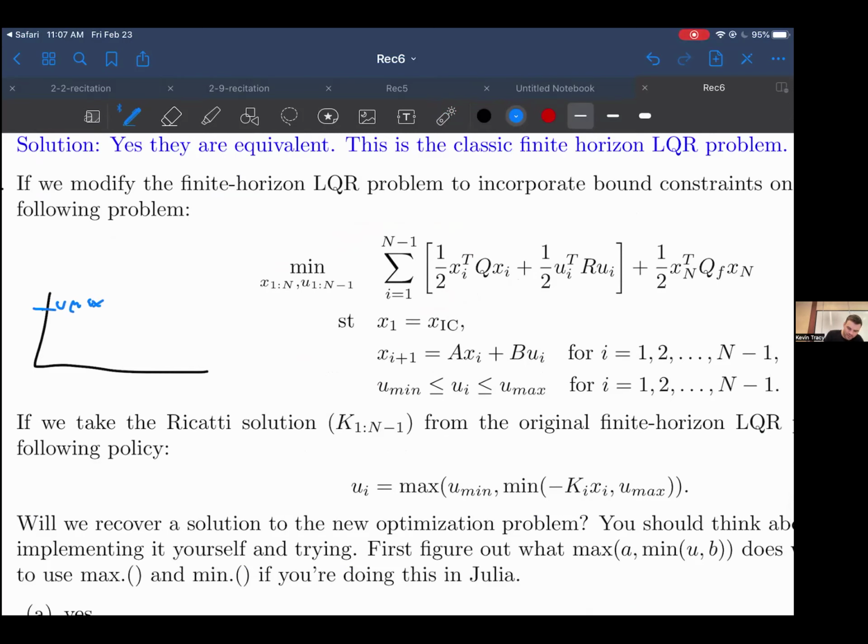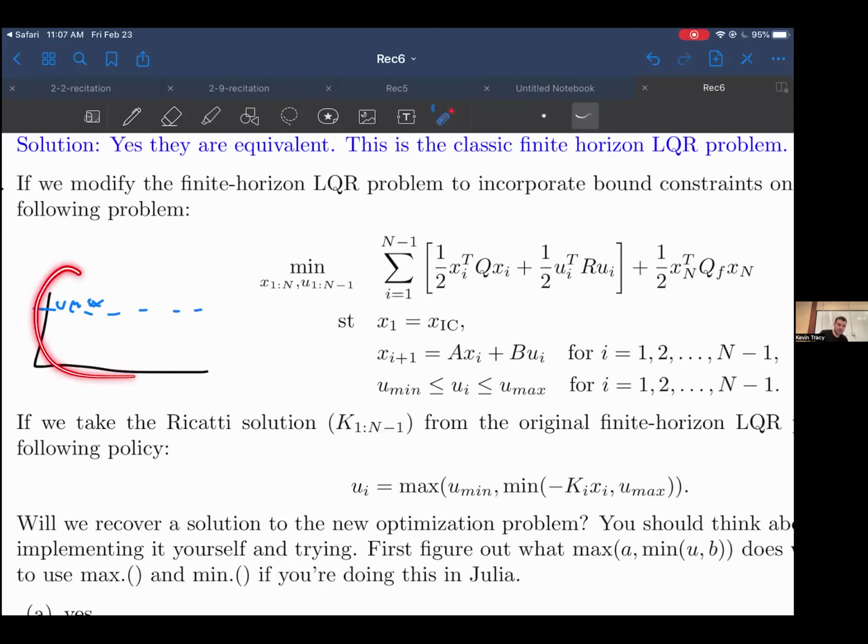And honestly, I don't really care how much control I use underneath this threshold. I just can't exceed the threshold. And you see that sort of system all the time. And so the issue with trying to fudge costs or constraints with LQR is that the answer would be